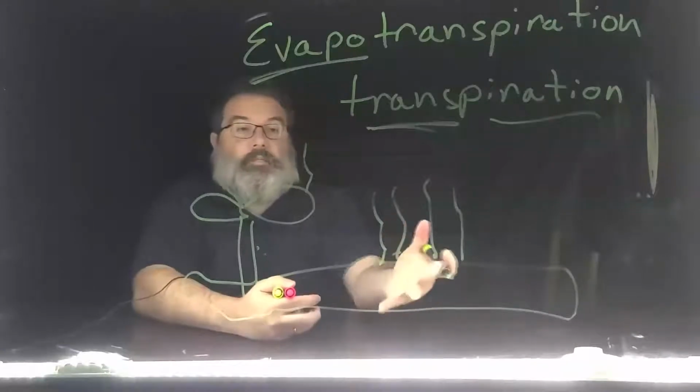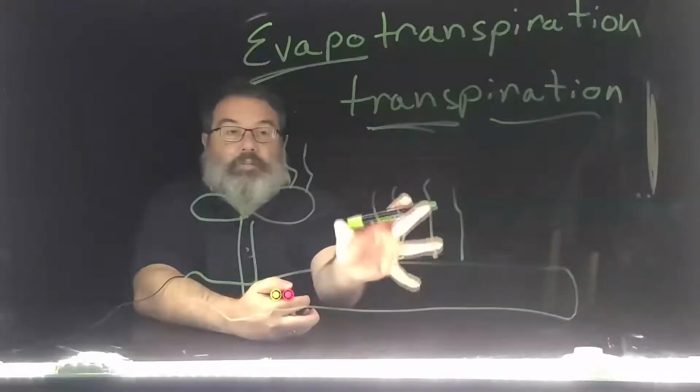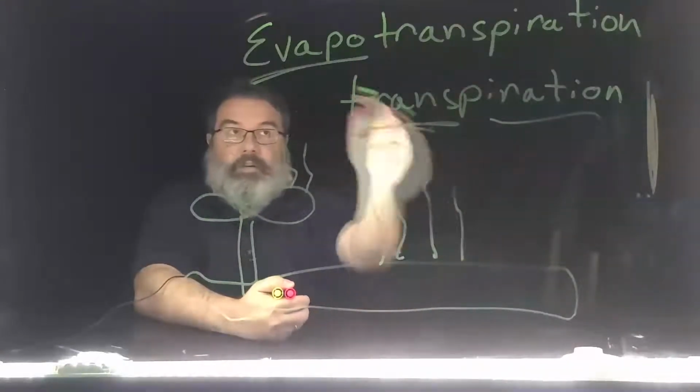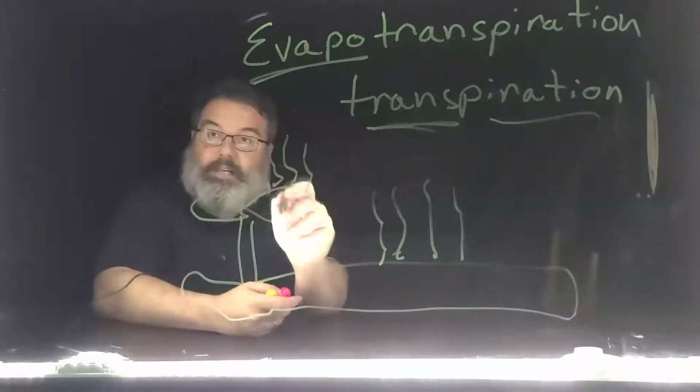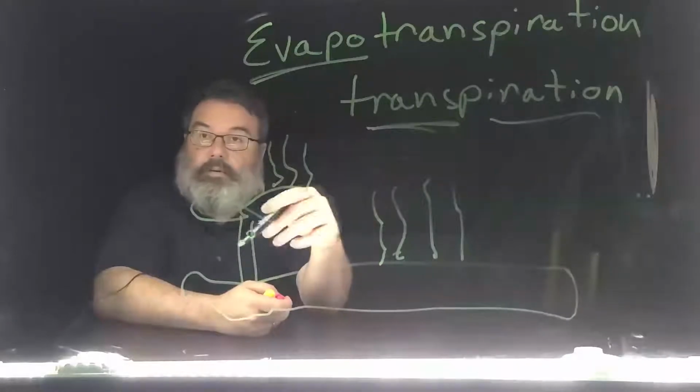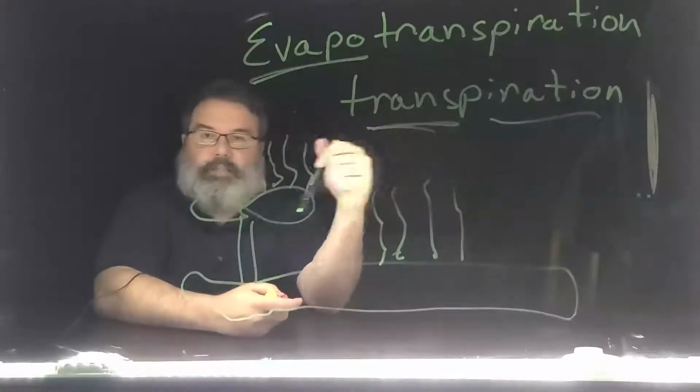So, when the water is being lost to the atmosphere from the ground, that's the evapotranspiration process. Where the water is being lost from the plant leaves, that's transpiration. Okay, we had evaporation